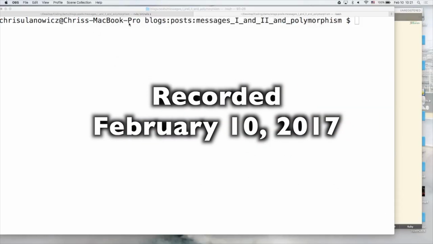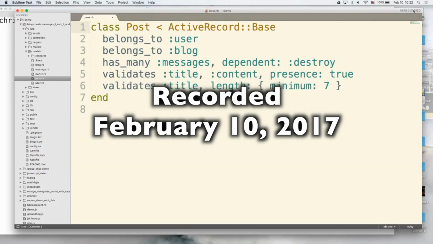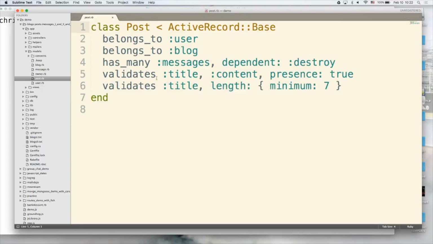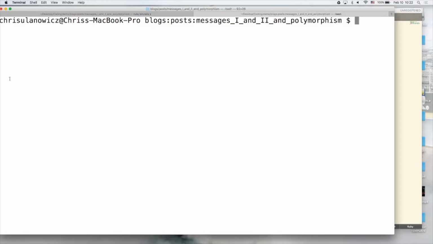Polymorphism. I got the blogs and posts and messages assignments pretty much already done. So I'm starting with basically where you left off there. So this is my blogs, posts, and all that stuff. And go ahead, get into the console,